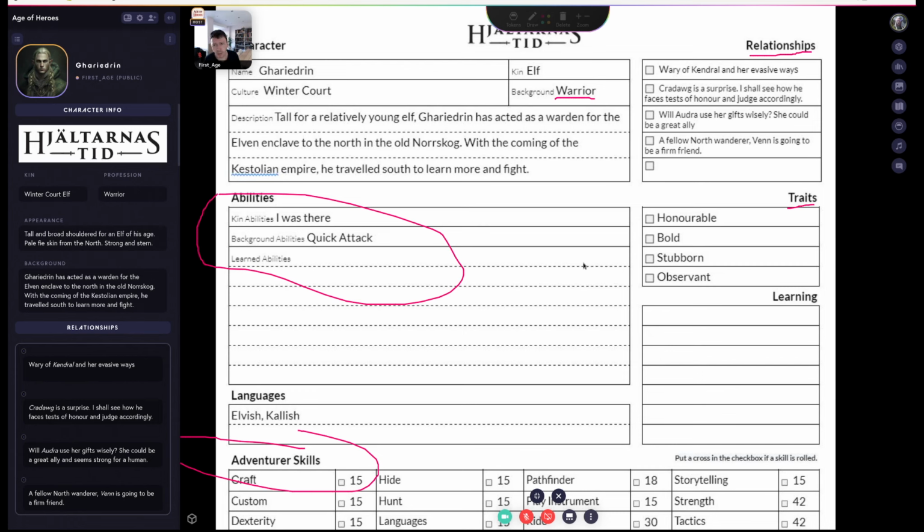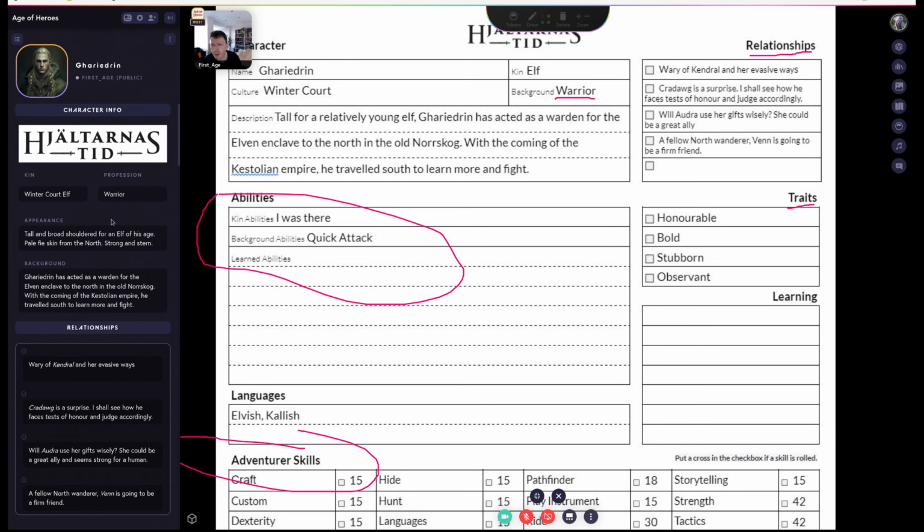The traits are there very much to help you with your role play. It says something about the personality of the character, but they've got boxes, which means you can tick them. If you use a trait, you can burn a trait, as it were, use it in a session. It does come back next session. That enables you to swap the dice roll around for your percentage dice roll. The units and tens digits are swapped.